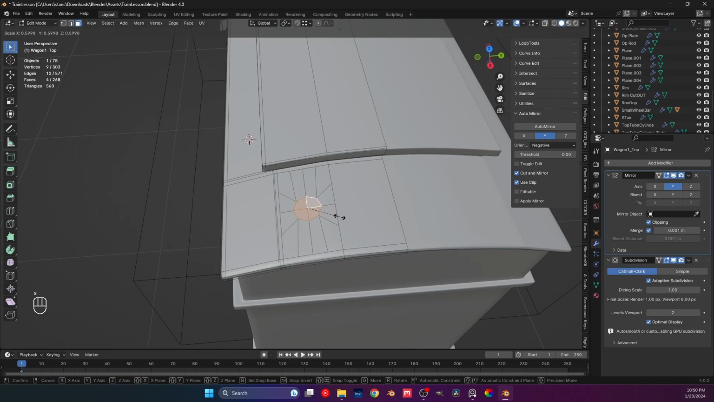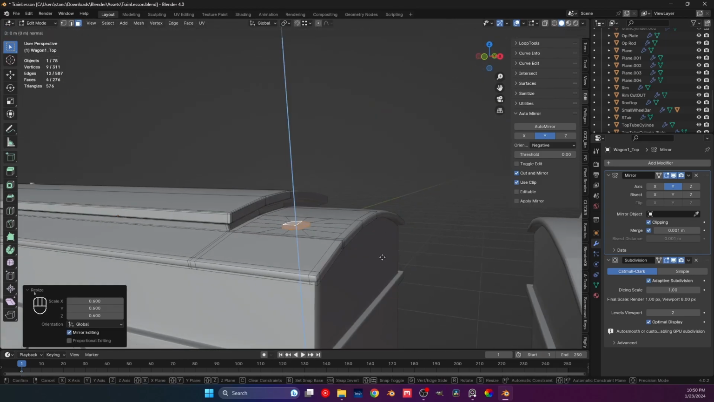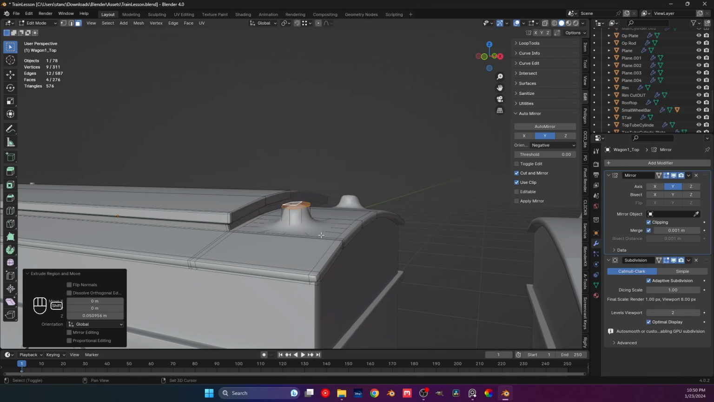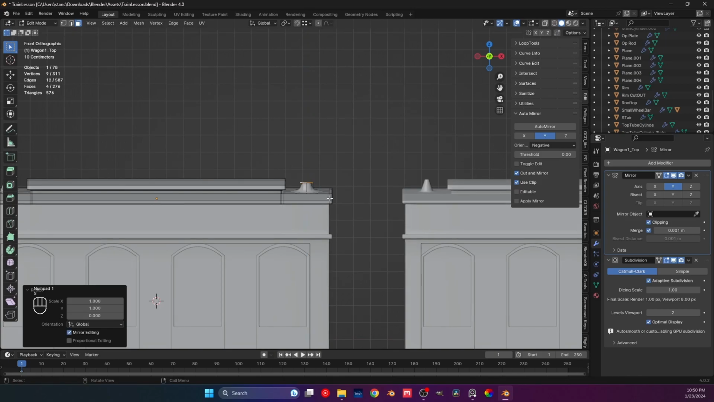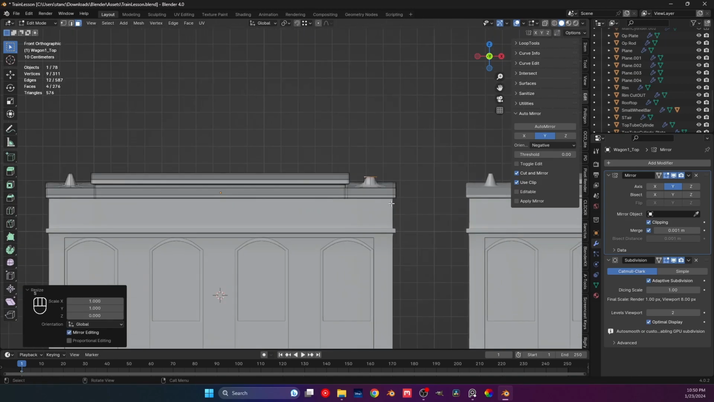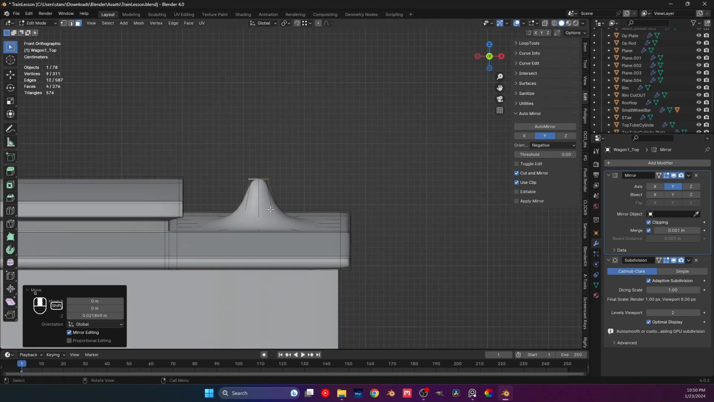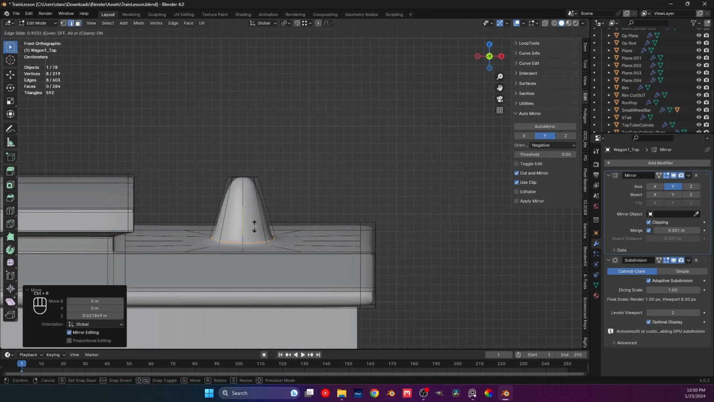Right? Scale it down. And then we extrude on the Z, just like we did before. But this time we'll do it low, because we know it. And S Z 0. And we can kind of see it already. So also scale it on the Z like this. A little up like that. And let's